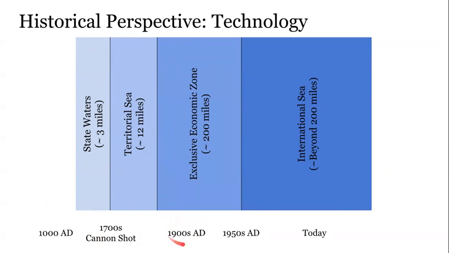In the 1900s, we can think of World War I and particularly World War II, and that had a huge influence, at least again in the West, but it had global repercussions. As you can think of submarines, the development of mechanization of boats, of large steel boats that can travel long distances, be out at sea for a long period of time and carry with them significant amounts of technology. And certainly as we move into the 1950s and further today, missiles even, right?